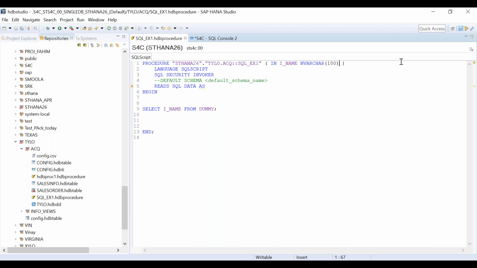Now let's say what I will do is I want to display certain thing to the end user. Or let's not make it more complicated. Let's have a simple example one more time. So what we will do is, let's also understand the significance of out parameter. What is out and in? So what is in? In means the user is giving some value.